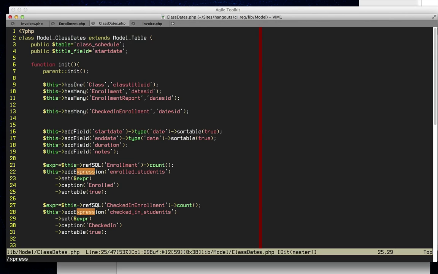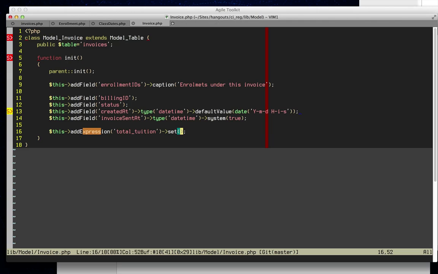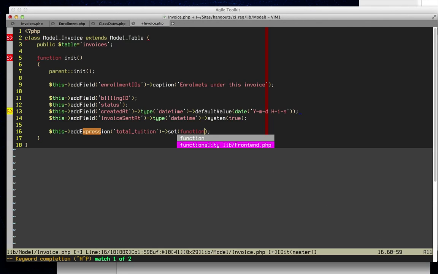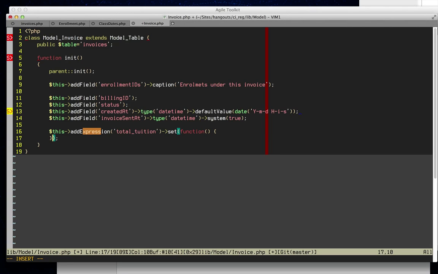Yeah, I remember that. The one we're going to build now is going to be slightly different. I'm going to use a callback method, like that, a callback function. And the difference is